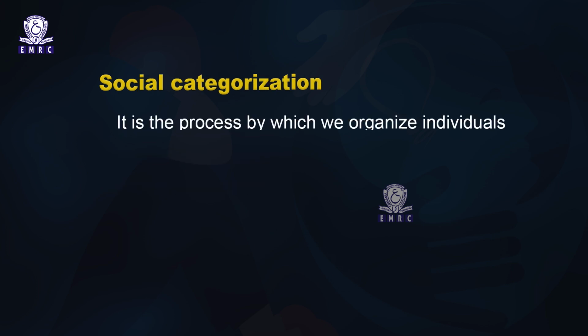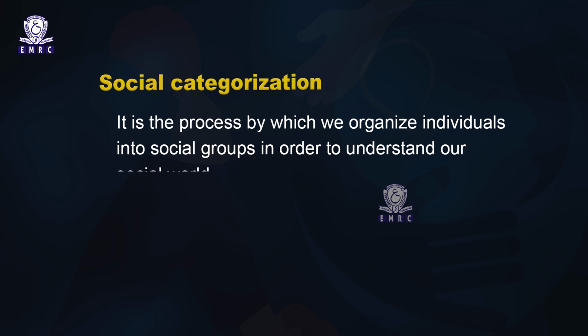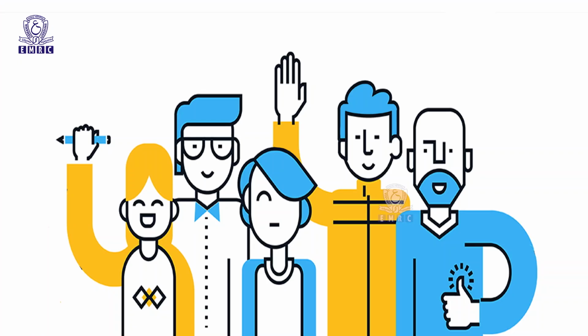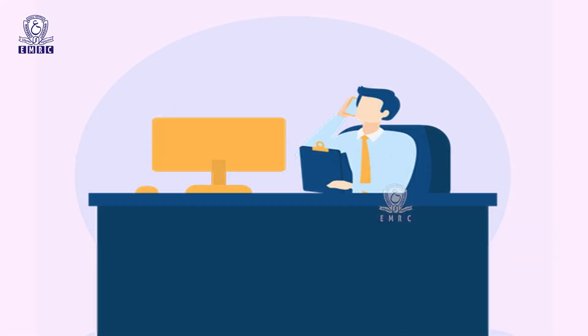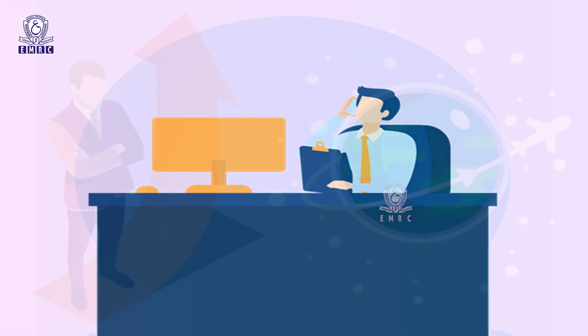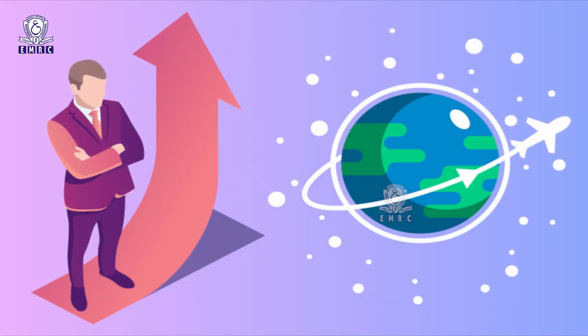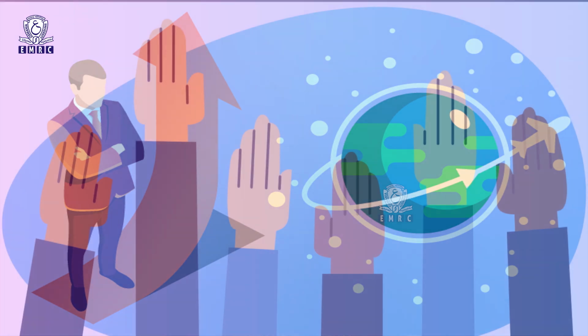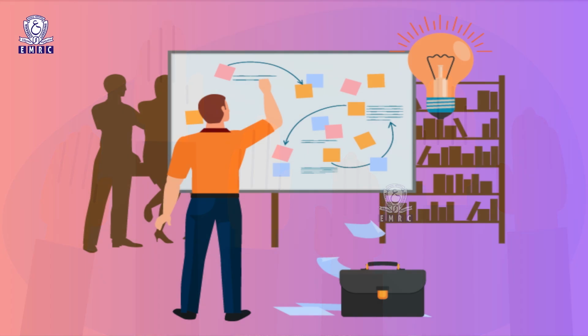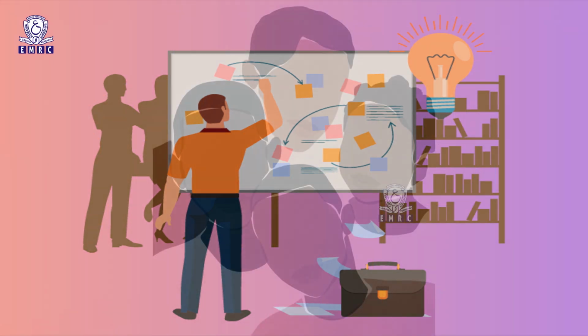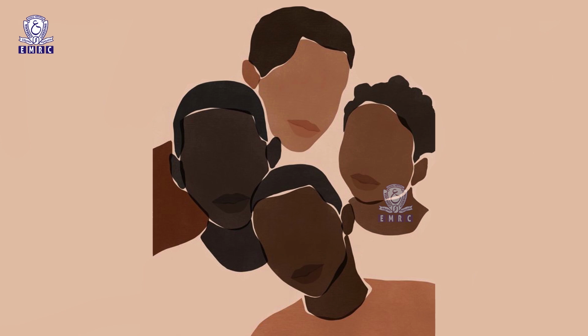It is a process by which we recognize individuals into social groups in order to understand our social world. This enables us to define people on the basis of the groups to which an individual belongs. It is based on the social categories more than the individual characteristics. Social categorization generally results in an emphasis on the similarities of people in the same group and the differences between